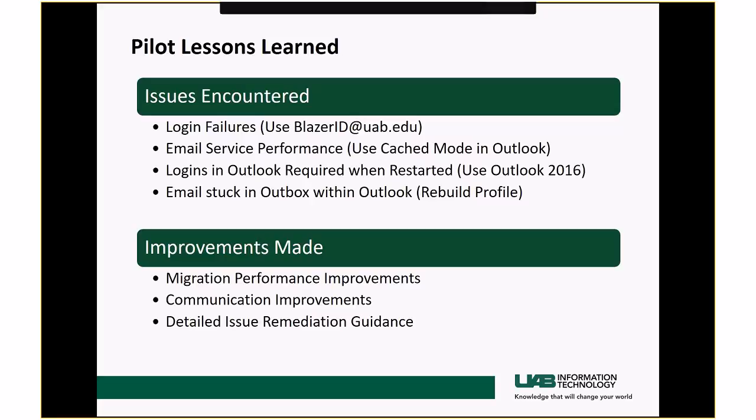We've gone through and made significant improvements to our communication plan, the communications that we send out. So you'll get notified when the migration begins, and the duration. If it goes over 4 hours, you'll get a notice via status cast, and then we'll email you directly when your migration is complete. And then there's the detailed issue remediation guidance, and all that again is found